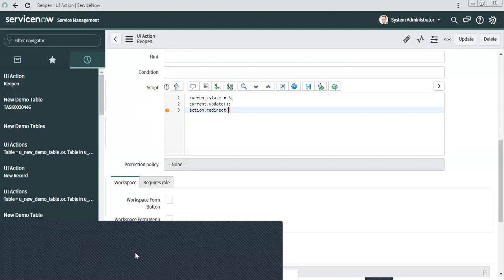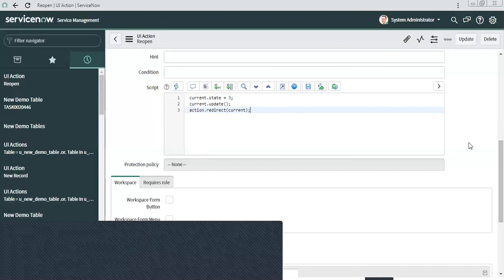Then you can, if you want to redirect to a particular link or wherever. I am currently saying redirect back to current, meaning the record which I am trying to update, just redirect back to the same record, not go anywhere.